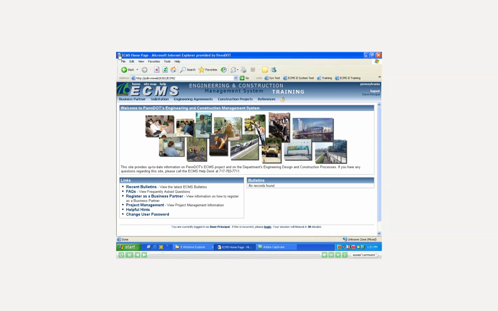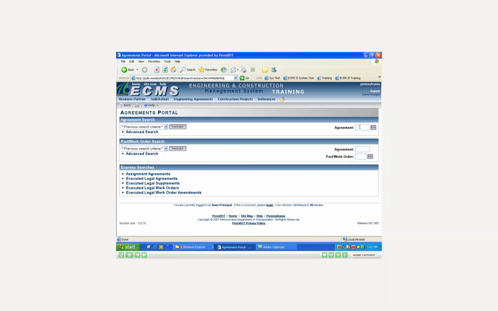So from here, I'm actually going to go to an agreement. I'm going to go to Engineering Agreements in the menu bar and select Agreements. And I have an agreement I'm going to go to. I know the agreement number, 27, so I'm entering that in the Quick Jump field. And I'm going to hit the Enter key on the keyboard, and it's going to take me to my agreement